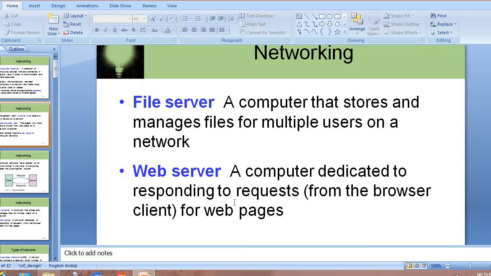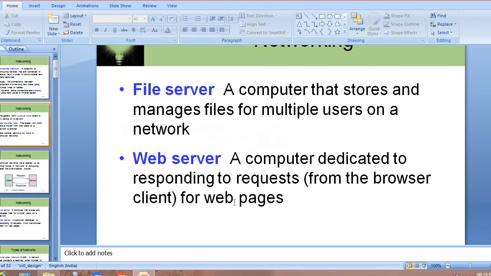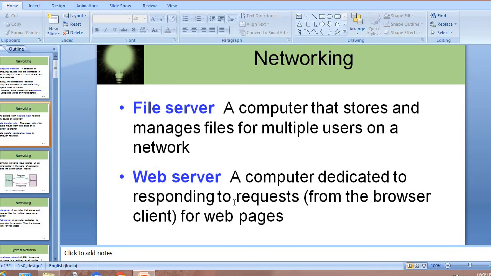The next thing is the file server. We have different types of servers. The first is the file server and another is the web server. A file server is a computer that stores and manages files for multiple users on a network.